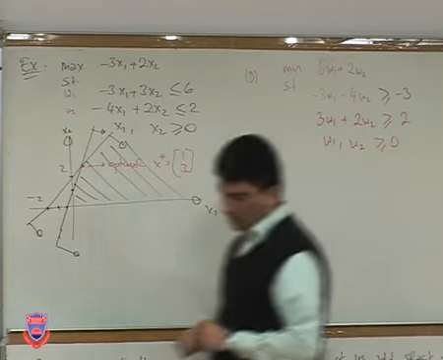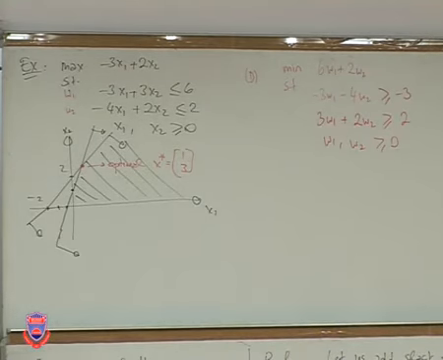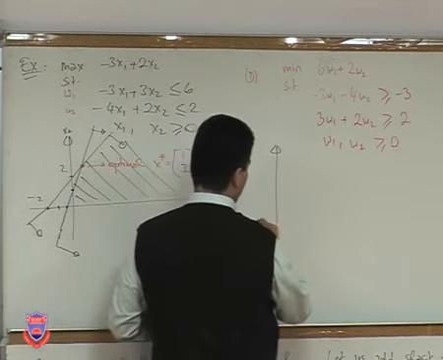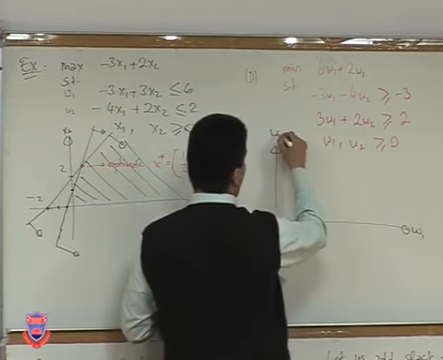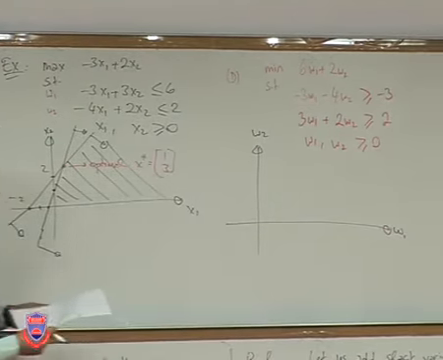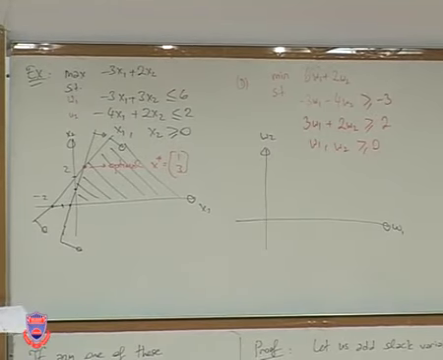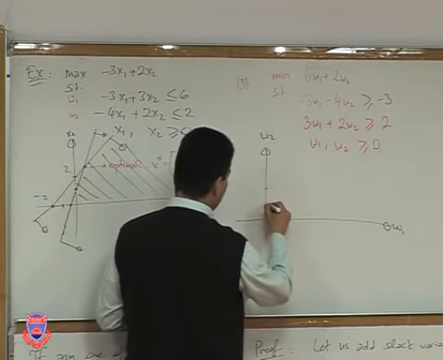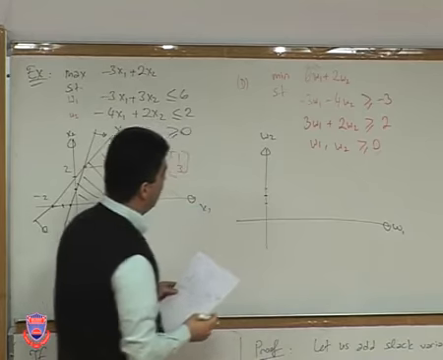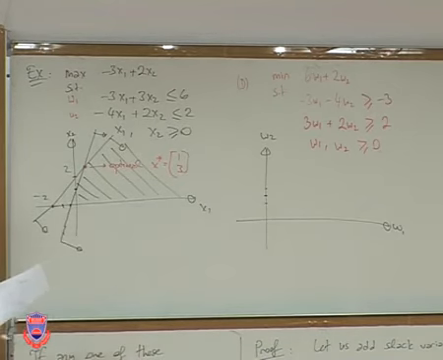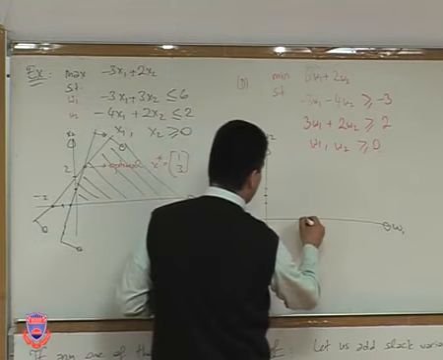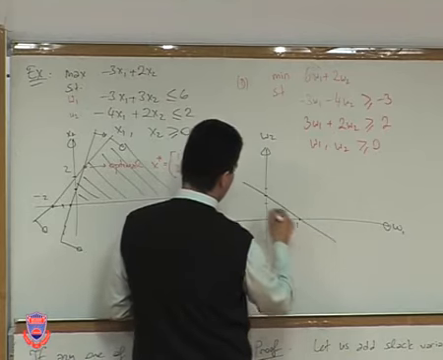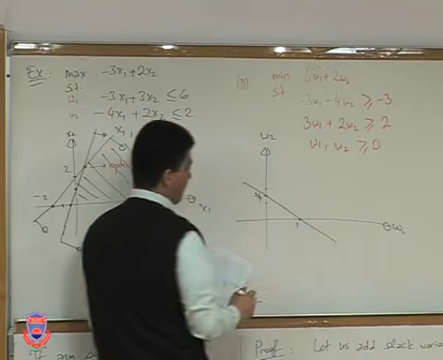Okay? So again, let me draw the feasible region. Okay, so what does the first constraint look like? Well, if W1 is 0, W2 is 3 over 4. So let's say this is 1. So somewhere here is 3 over 4. And if W2 is 0, W1 is equal to 1. So 1 is somewhere over here, so it goes through these 2 points. So this is 1 and this is 3 over 4.